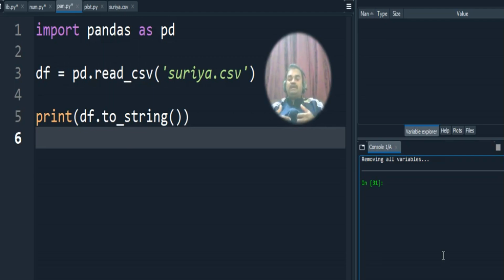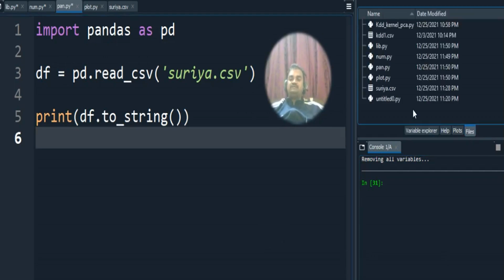Before going to that, what things have to be done? At the first level, we have to import our data sets inside our code. For that, the main package we use is the Pandas package. I will show this code. Before showing it, I already have a surya.csv file in my folder. This is the CSV file that I want to access in my code.